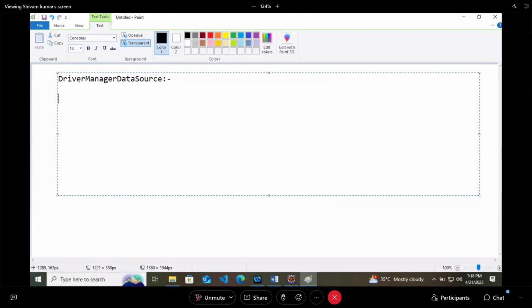There is something to notice. Now we are not using DriverManager to create a connection. What are we using? We are using DataSource, and DataSource is giving us one particular class. That class is DriverManagerDataSource.